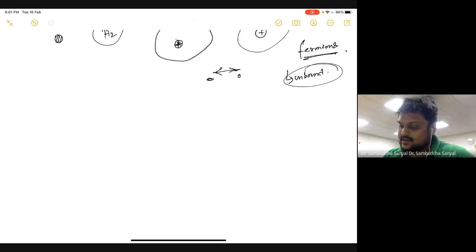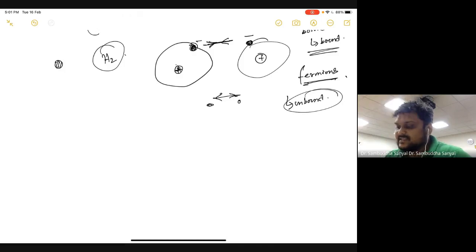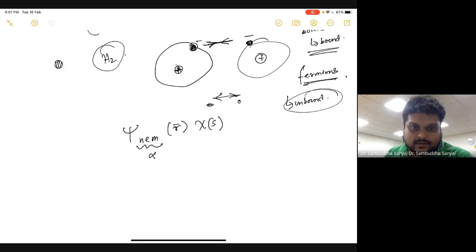So the point here is that we are missing the fact that electrons have spin. So the wave function we are dealing with doesn't have the spin part. The full wave function of an electron will have n, l, m. So let me combine this whole thing as some alpha, some x, the location r, and a part which is s, the spin part, which I write as chi s. This is the two-component spinor part, right? That is how you describe the full electron.